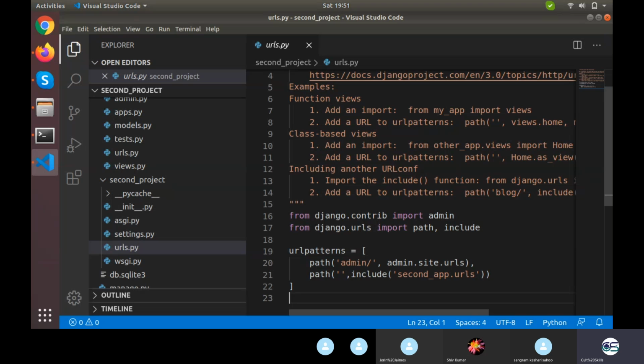See, Saurav, Sangram, whatever we have done in the earlier class, you haven't tried to practice it. And if you haven't tried to practice it, you were not even able to know whether your pip and Python and Django are working or not. I already told you if you will not practice, then things will not be easy at all. This is not something that you will get just by listening or looking. You need to work on your own. That is the only solution to learn anything right here.